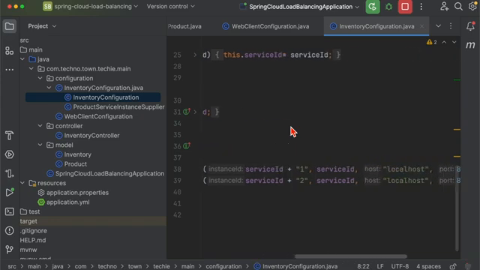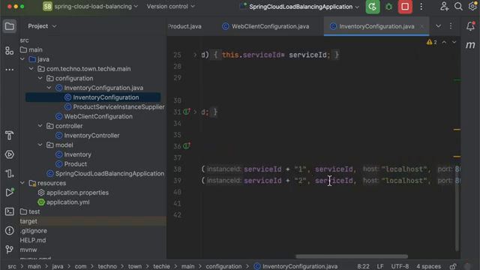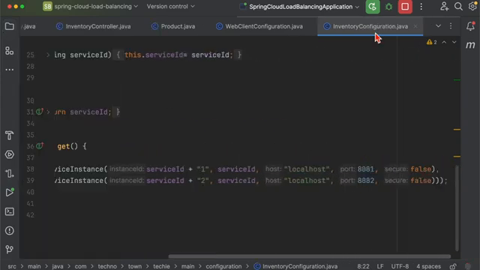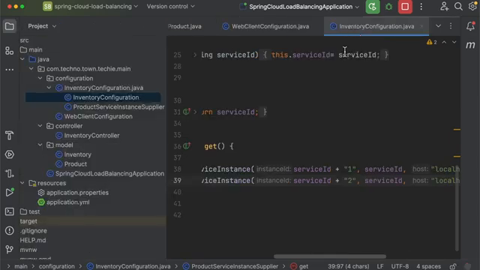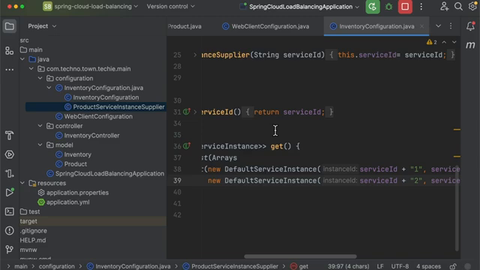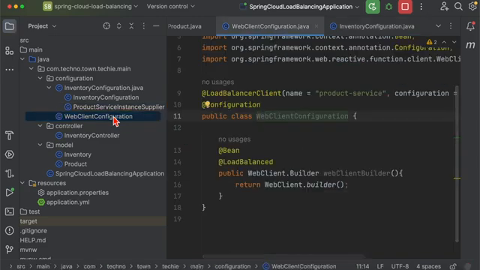Okay, here I have defined the instances. Actually, I have defined two instances. One is running on 8081 and another one is 8082. So this is my inventory configuration and this is my supplier class, and after that, this is my